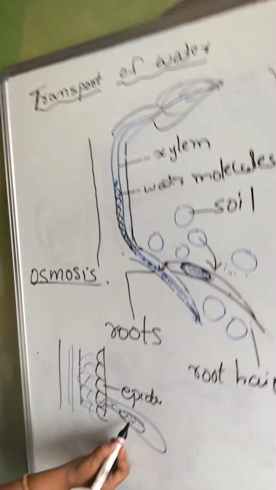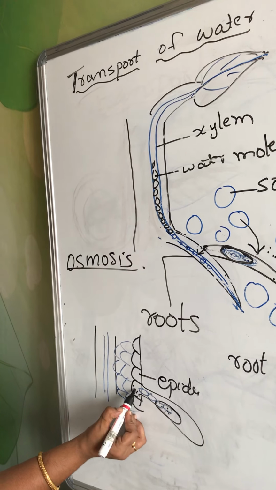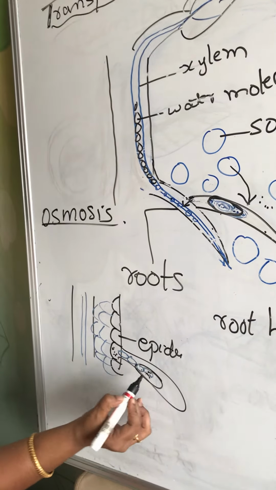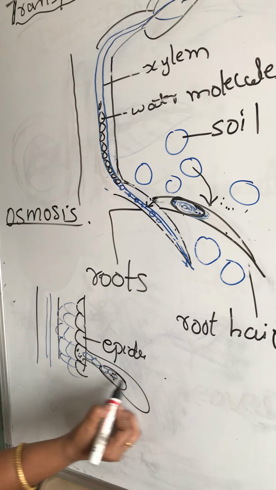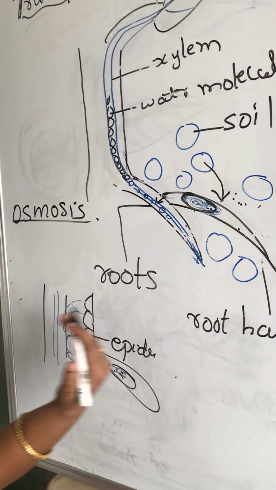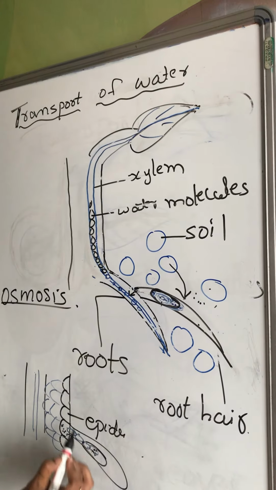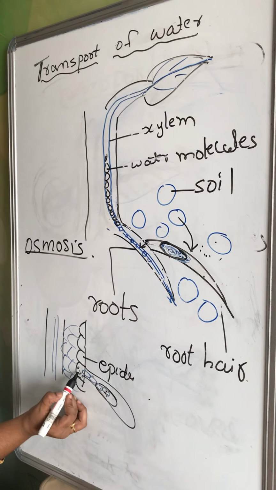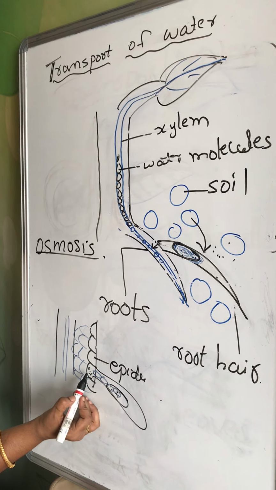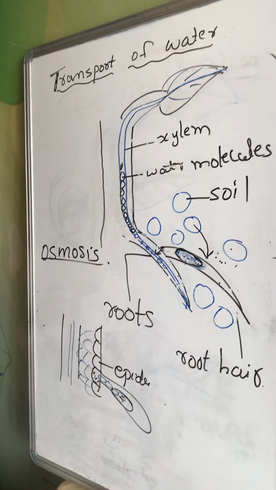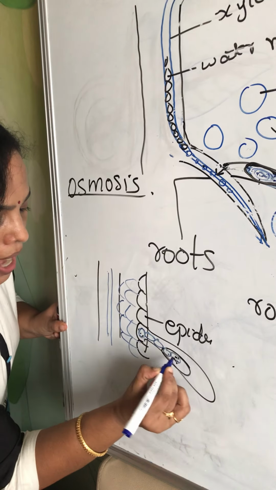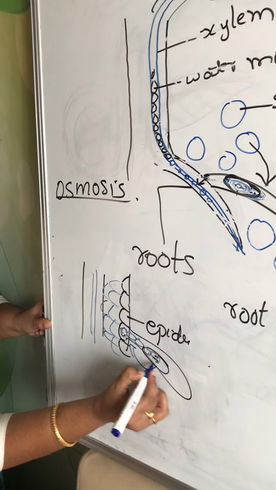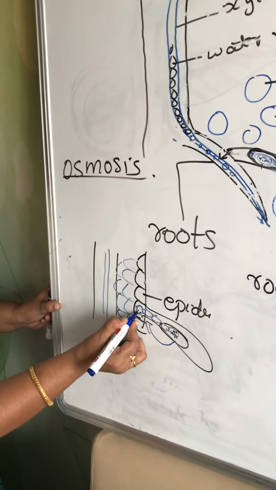osmosis. Now the water molecule is here in the vacuole and there is water in the epidermal cell. If you compare these two, as fresh water molecules are entering from outside, from the soil to the root hair, the vacuole is having more water molecules compared to the epidermal cells of the root. So what will happen? The molecule will move from high water potential to low water potential. It will enter into the epidermal cells.